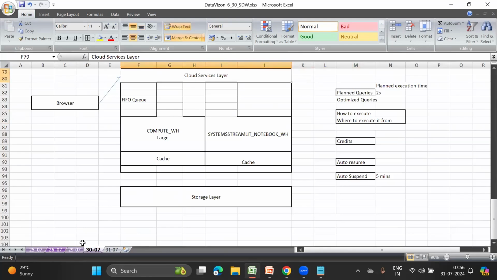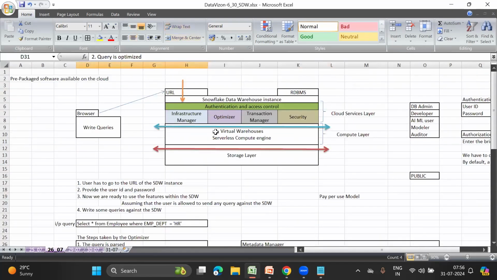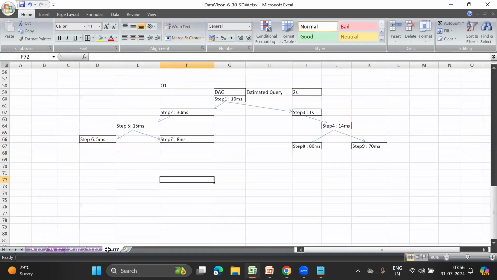I created something very interesting. So the architecture. In the architecture, we discussed that in the Snowflake Data Warehouse, we have virtual warehouses to process our queries. On top of that, we also have a serverless compute engine. This is also an engine which is available on demand, and we also have to pay for that, right? Now, when the virtual warehouse gets this query,